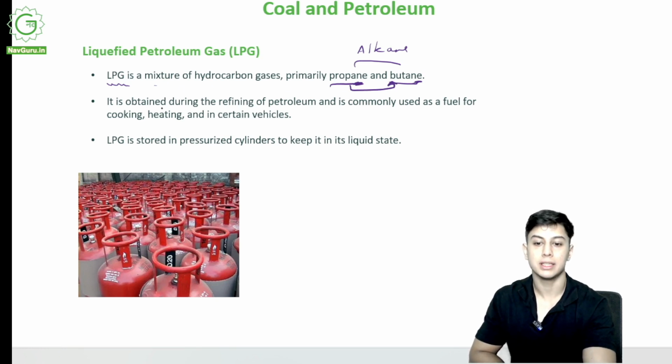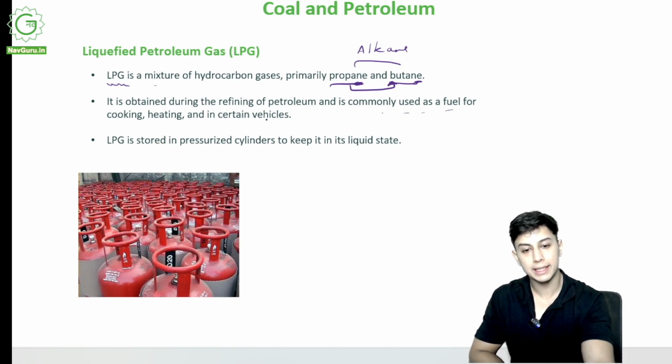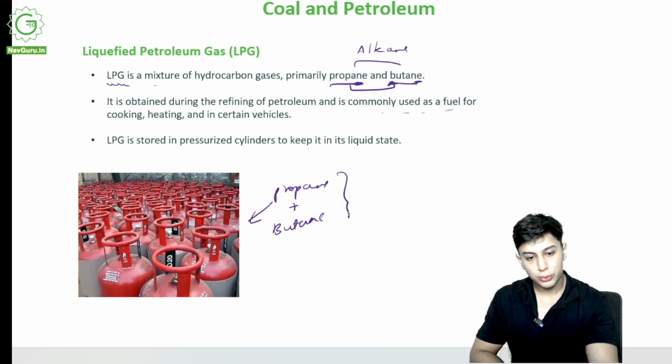They make LPG. It is obtained during the refining of petroleum and is commonly used as fuel for cooking, heating and certain vehicles. Gas cylinders that are found at homes contain this propane and butane, and we know this as